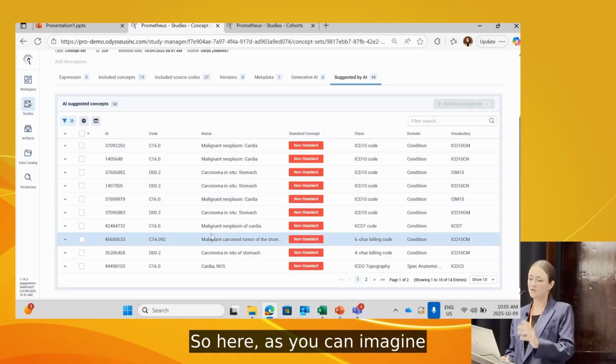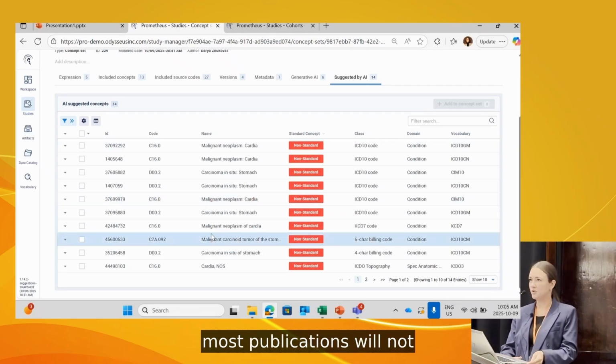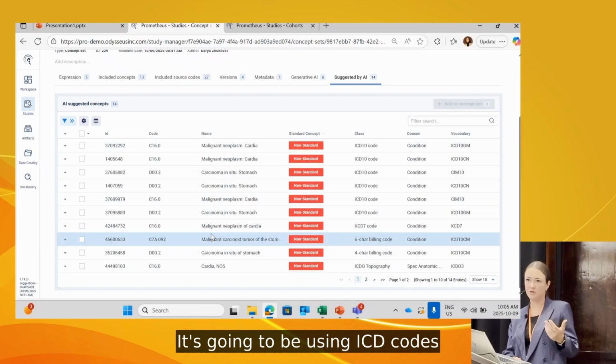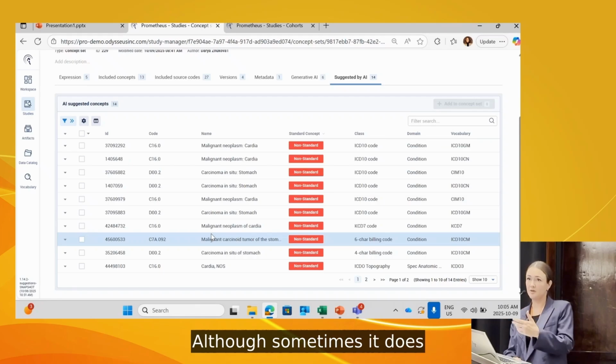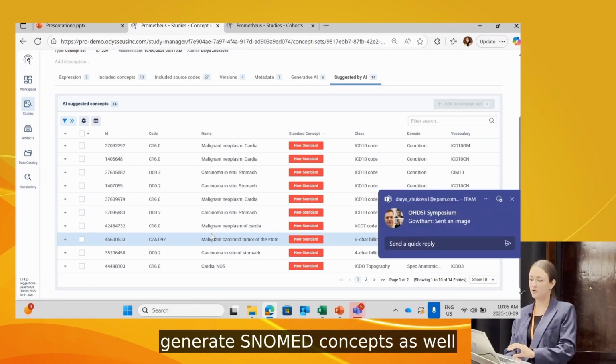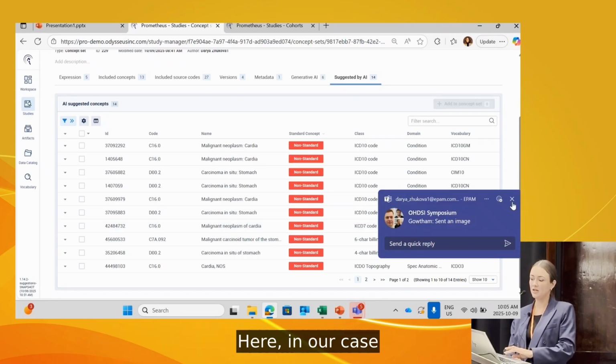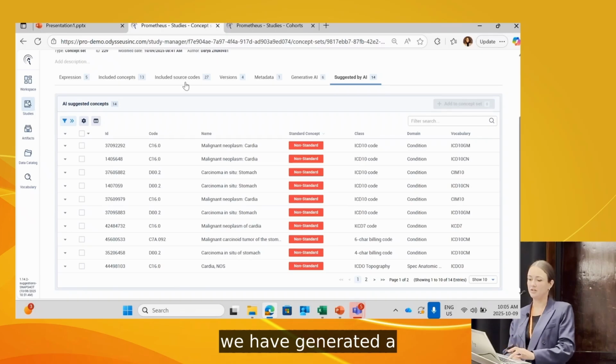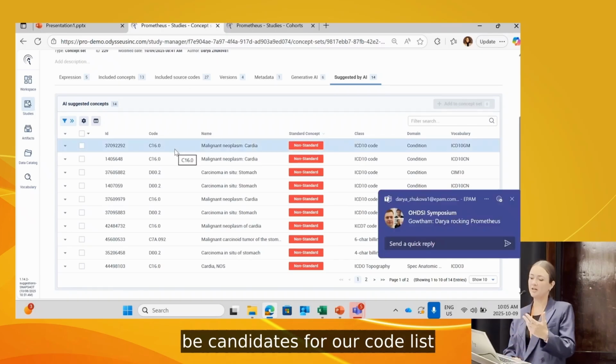As you can imagine, most publications will not be using standard SNOMED, they're going to be using ICD codes, although sometimes it does generate SNOMED concepts as well. Here, in our case, we have generated a list of codes that could be candidates for our concept set,